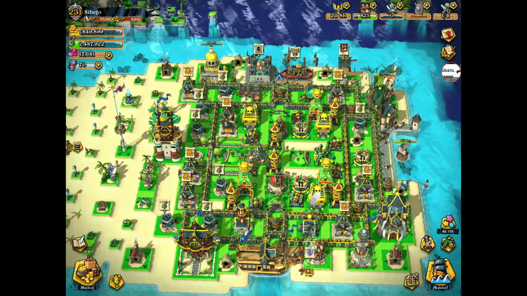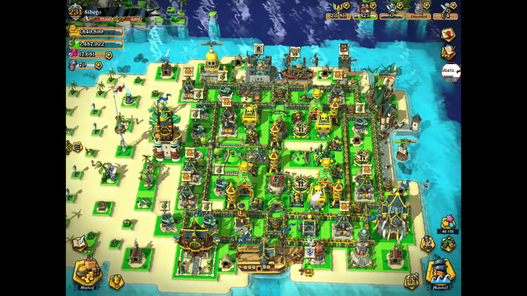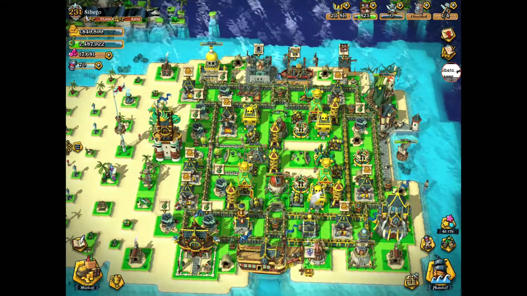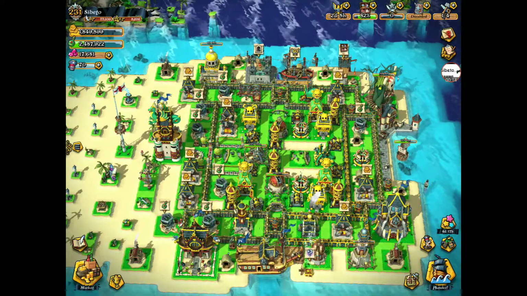Hello all, Sabado here. So today we're going to be playing Plunder Pirates again, and we're going to be using bucs and gunners, or BuGu, with, though, 10 bombers. And we're going to be using Cornelius Heston because he's got 10 energy left, or should say stamina, and I